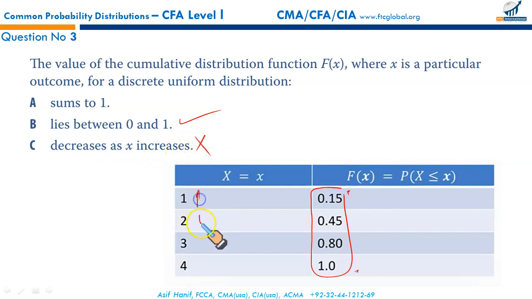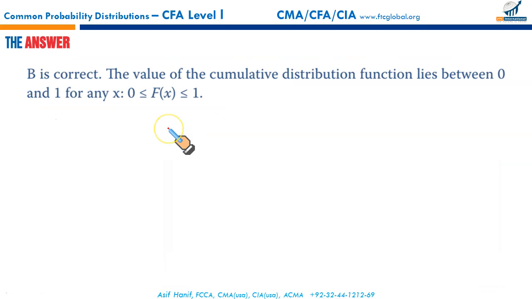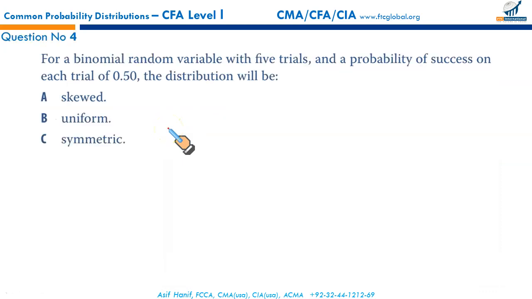As x is increasing, as you can see from 1 to 2, 2 to 3, 3 to 4, we have F(x) increasing: 15, 45, 80, and then 100%. So this is wrong as well. So that makes B our correct option. Next,